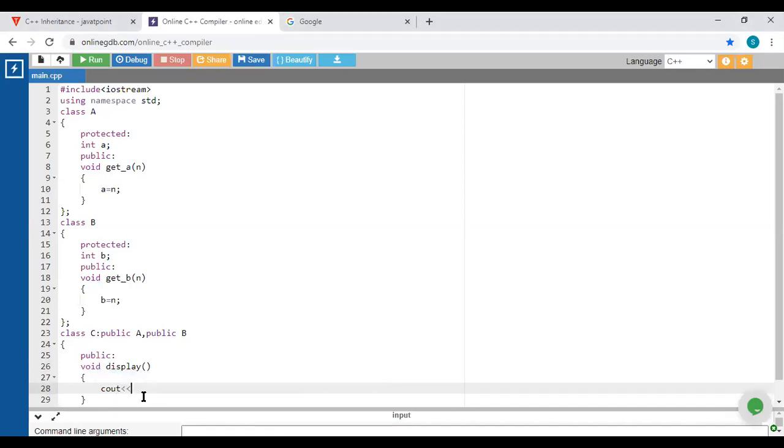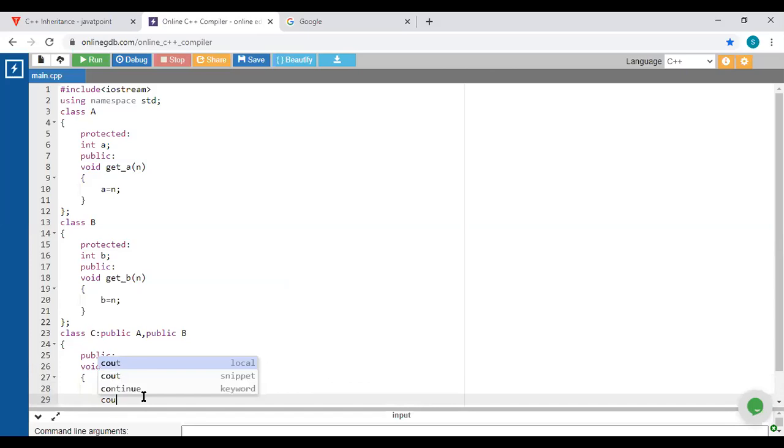So first, just display the value of A is A, then just display the second value, the value of B is B.